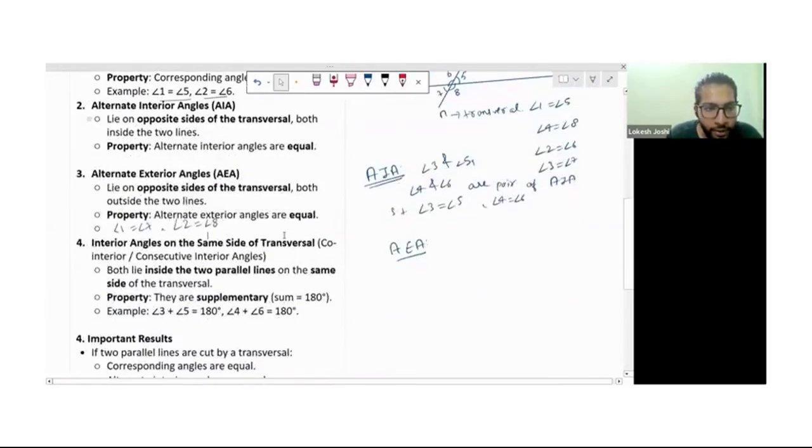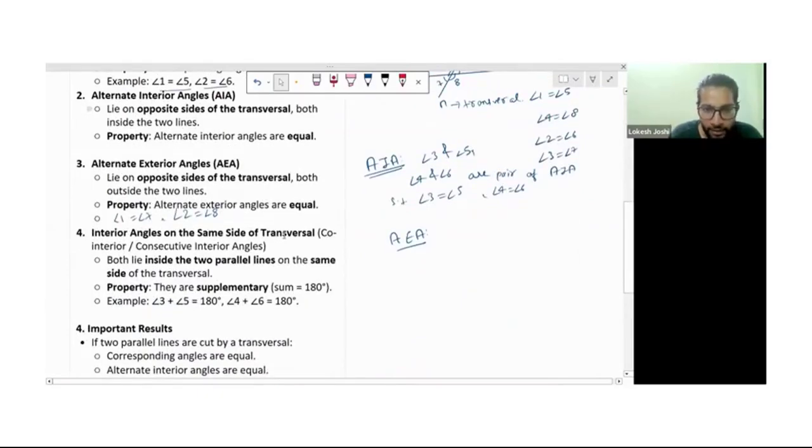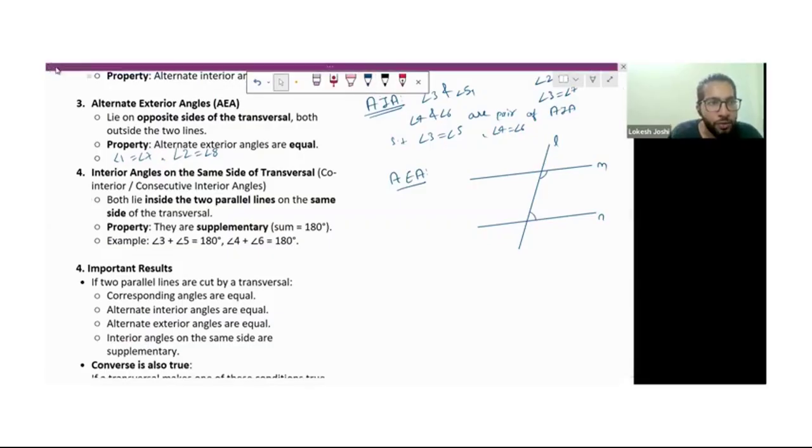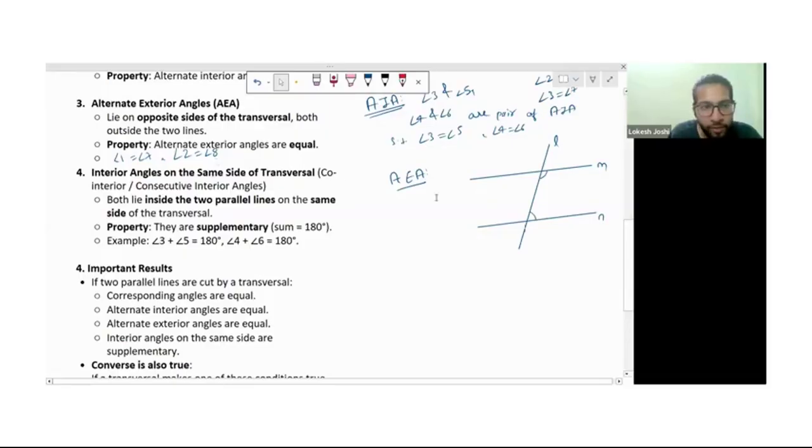So now the fourth one, it's interior angles on the same side of the transversal. Okay, so let me draw another figure, otherwise it will be confusing. Here M is parallel to N, L is the transversal. So these angles which are on the same side of the transversal and interior, their sum will be equal to 180 degree. Okay, interior angles on the same side of the transversal, like co-interior or consecutive interior, which means this